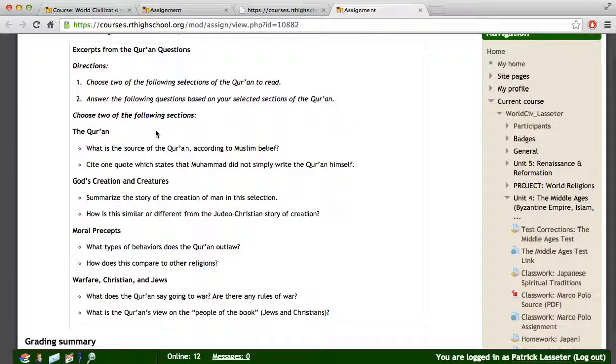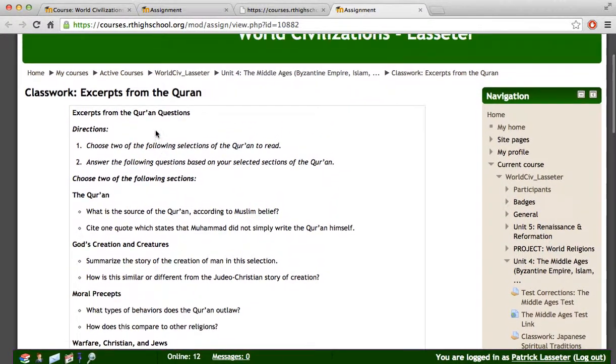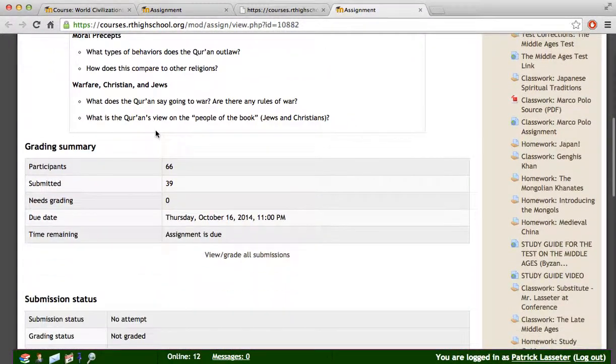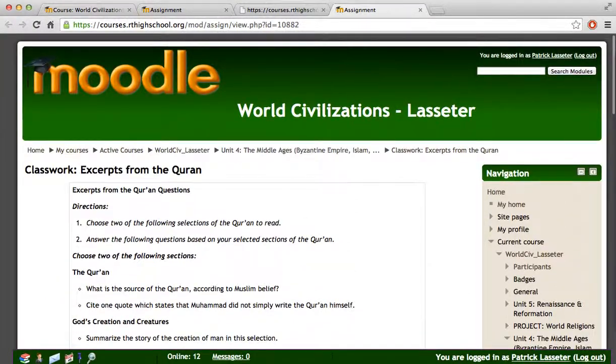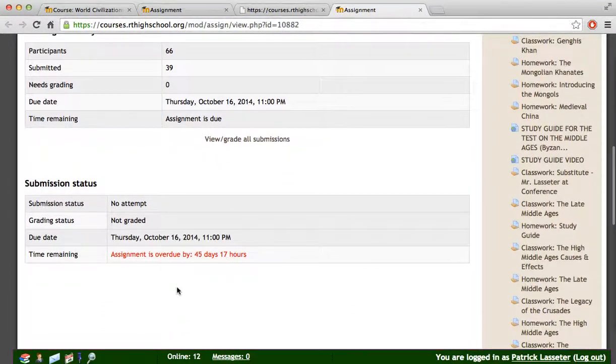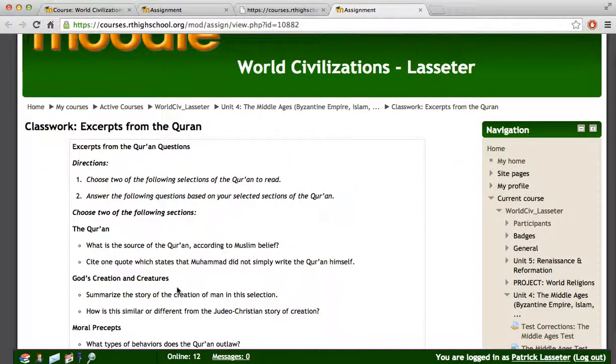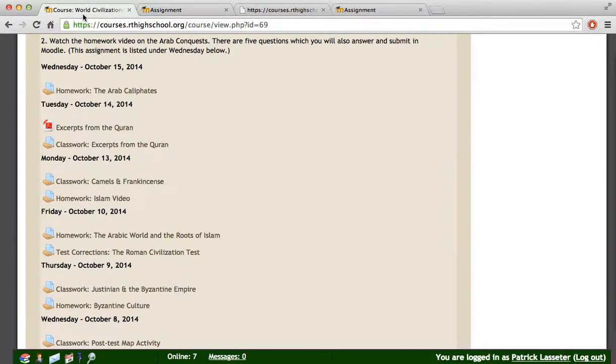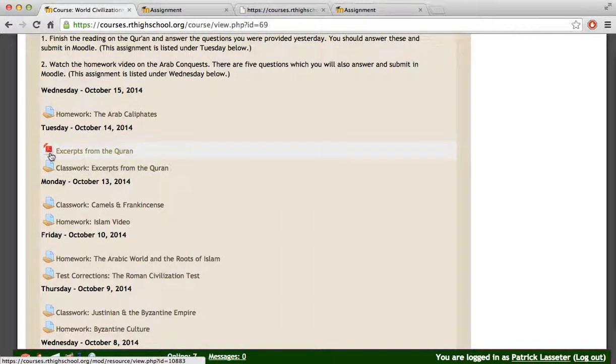If you were doing makeup work, the best way to submit these, instead of doing them in Moodle, is creating them in a Google Doc and sharing that with me, or answering them directly in email. But when the assignment's originally assigned, you can usually answer these right in Moodle. So that's an assignment with something that you would turn in, and you would have a submit button, and it would allow you to type right directly into a box. So those are assignments and